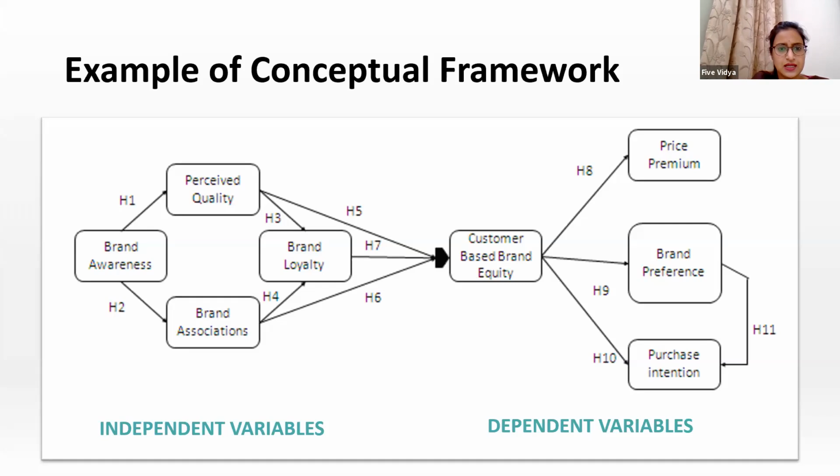Wrinkle asks, is there any limitation on the number of hypotheses? No, there is no limitation. In fact, I have personally seen researches where people used 30 to 40 hypotheses, and that is considered good research, because with more hypotheses you have clarity on the relationship between the variables. You are clearly establishing the relationship between the variables. So there is no limitation on the number of hypotheses to be used.